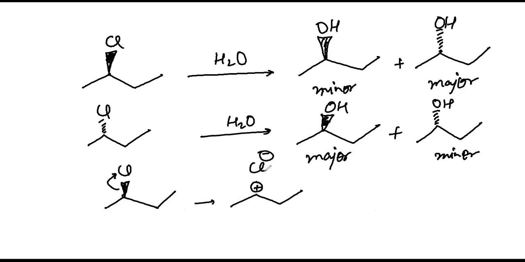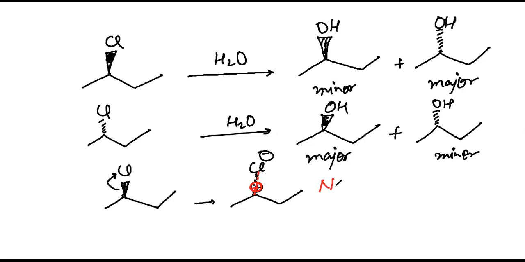But this Cl minus will not be so far from this carbocation. Means it will still be in attraction with this positive. Now, can you tell me, if Cl minus is in the attraction of this positive, will Cl leave the carbocation permanently? No, sir. It will be just like when you leave your home. Is it permanent? When you go outside, you stay in the vicinity of your home. In the same manner, the Cl minus also lives in the surrounding of this plus.